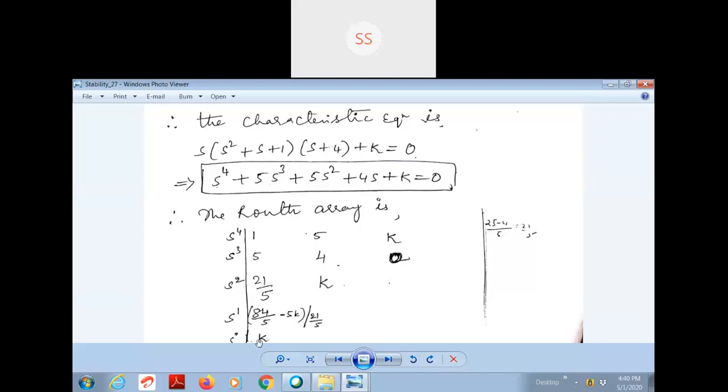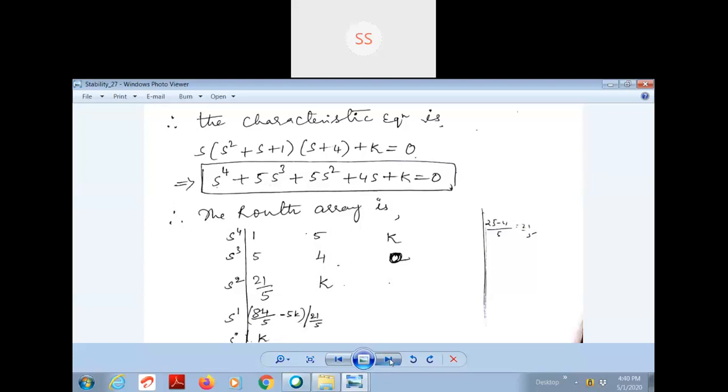Okay, so therefore obviously by looking at this, k should be greater than 0. This is a very simple condition, that k cannot be negative. Even k cannot be 0, because if k becomes 0, then again it will lead to some other problems, just as discussed before in difficulty 1 and difficulty 2. So k has to be always greater than 0. So this is one condition on k. Then what is the other limit on k? Whether k can be infinite, or what is the range of the k value?